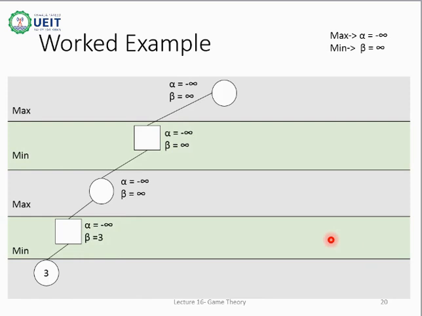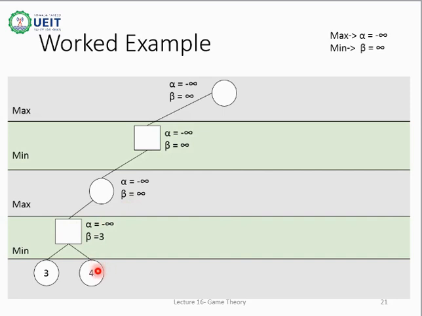Now we will perform the condition check. Before exploring the right successor child of every parent node, this condition check must be performed. Here the parent node is this node, and before exploring its right child, this condition check must be performed. We will check if the value of alpha is greater than or equal to beta. Here the value of beta is 3 and alpha is negative infinity, which makes the condition false, as negative infinity can never be greater than or equal to 3. Thus the condition is false. As the condition is not satisfied, we will explore the right child of this parent node.